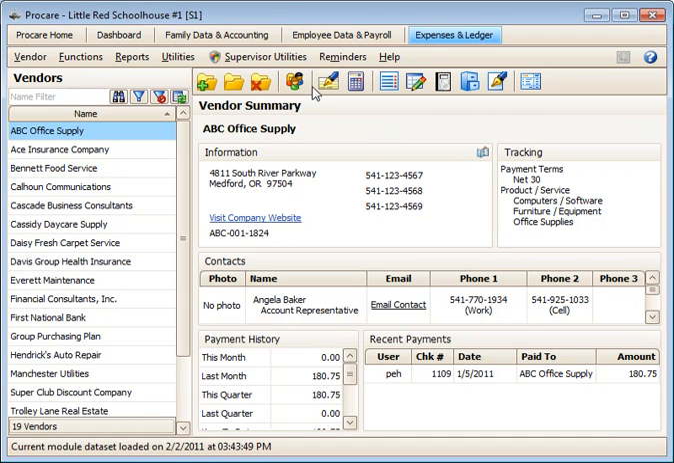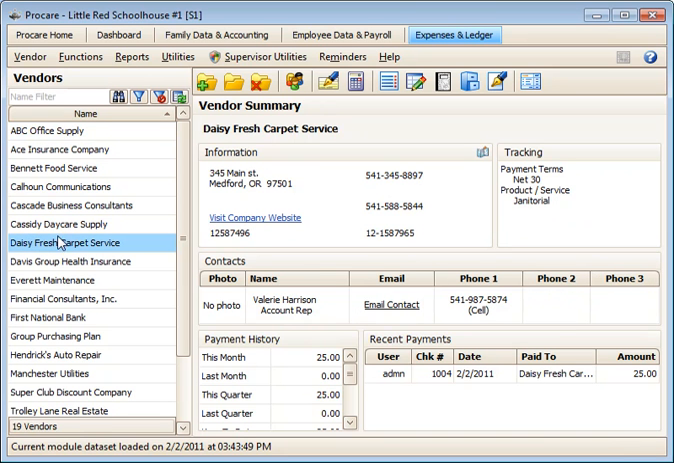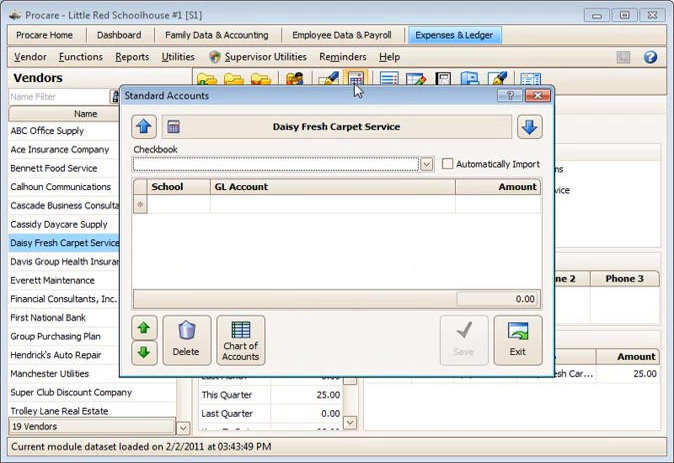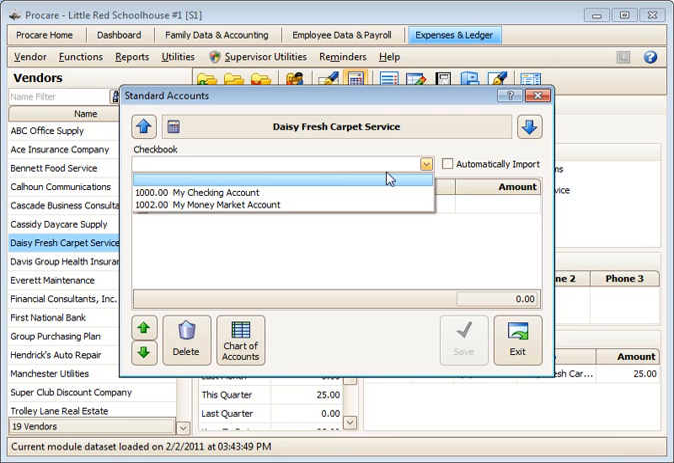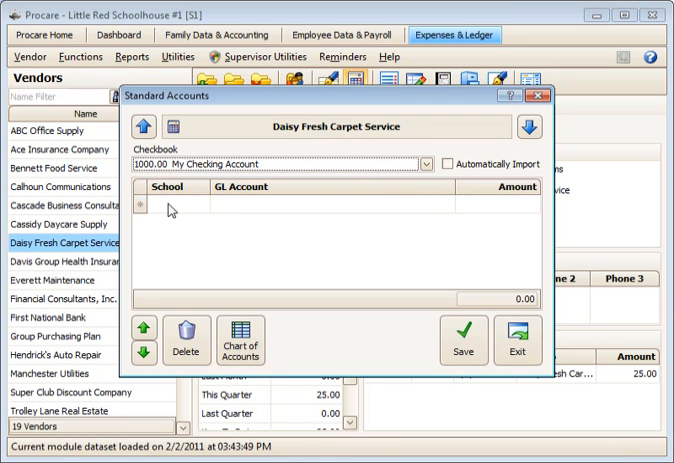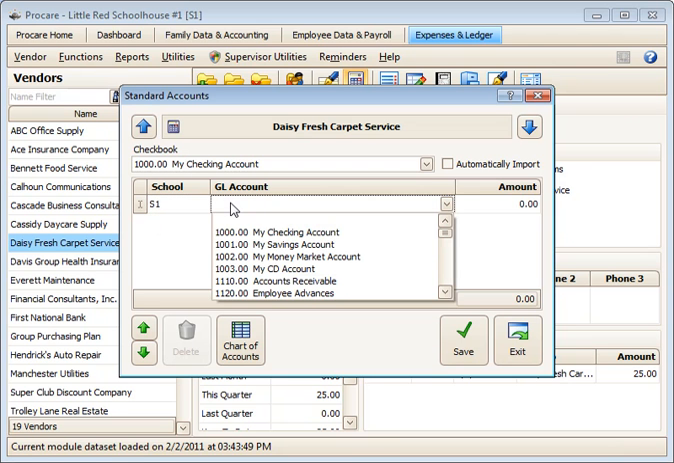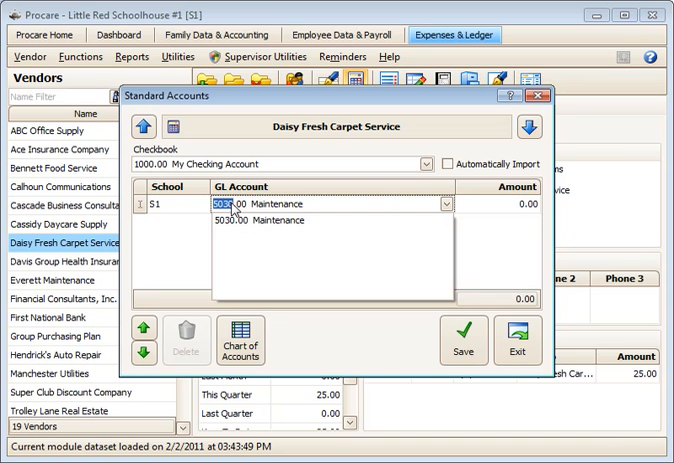Issuing checks to vendors is very simple. You would first select your vendor over on the left, and then you'll use the check calculation in combination with the standard accounts button. Standard accounts allows us to set up the normal expensing of a check written to this vendor. So in the case of our Daisy Fresh Carpet Service, this is always going to be a maintenance type